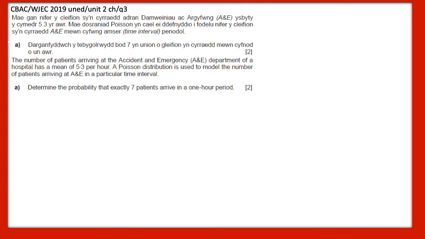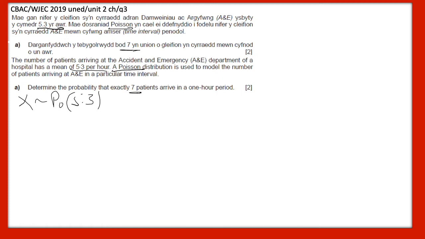The question tells me that I'm dealing with a Poisson distribution. In English they say Poisson, in French it's poisson. And the important thing is I've got 5.3 people per hour, which means that my distribution is Poisson with the parameter 5.3. I want to know that exactly 7 patients arrive in 1 hour,